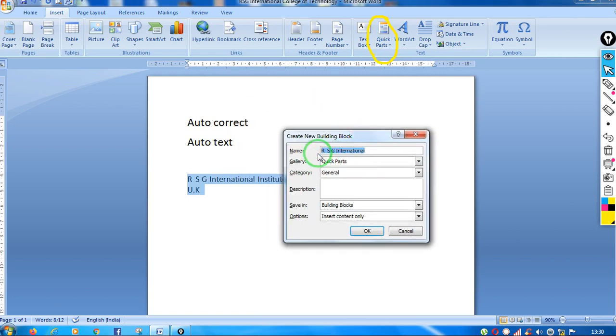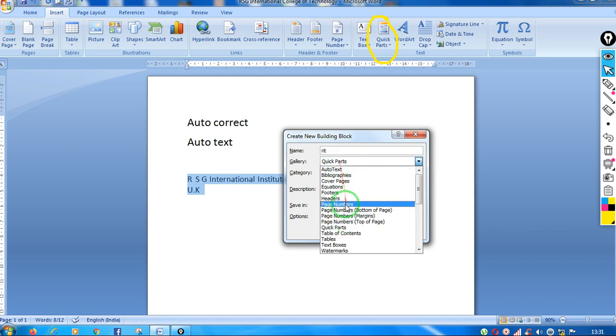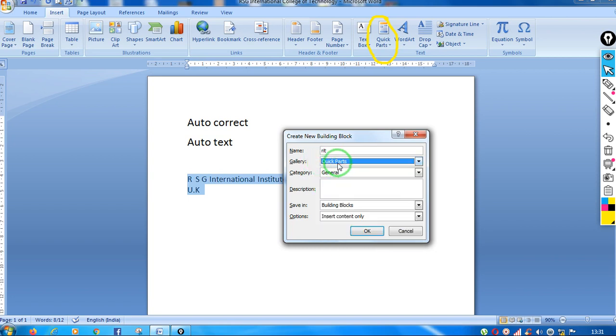Suppose I have given RAV1 or RIT. There are different types of galleries. You can save in any one of these galleries. By default I am saving it in Quick Parts.